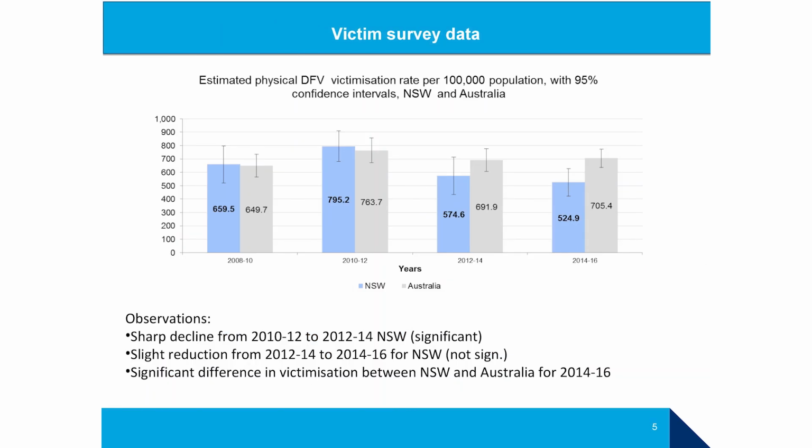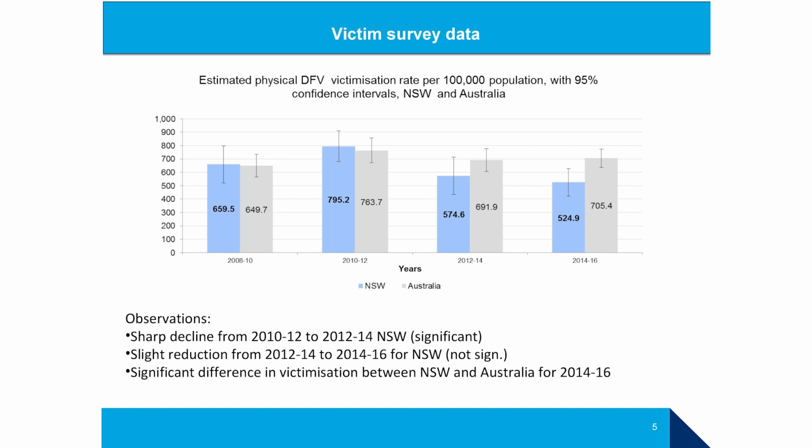Victim surveys, there's 2 large representative victim surveys that the ABS conduct. So this includes incidents that are reported and those that don't get reported to the police. Because these are national surveys, we can compare New South Wales to Australia overall. We can also ask people whether they reported or not to the police, so we can look at those changing rates of reporting. It can count each victim uniquely. And the Crime Victimisation Australia survey is conducted annually, so we've got annual data to compare with.